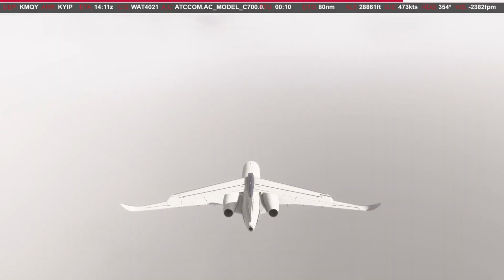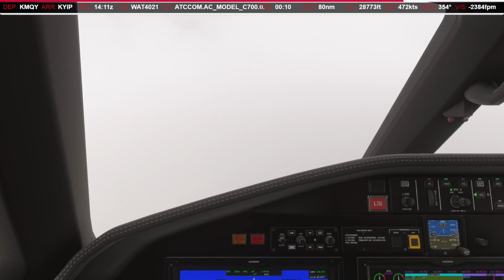But yeah, I think we're just in the soup the whole way. It's still very red IFR conditions according to Navigraph. But that's why we fly some modern jets and things like that, so...